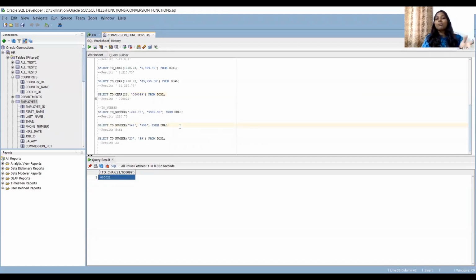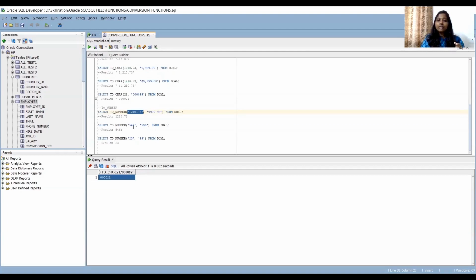And the next one is to_number functionality. Again, the same thing. What happens here? See, I have given inside the single quotes. Why? Because this is a string value and you're trying to make it into a number value of this format. Okay, so how we have seen the to_date format. You give something and you give the format of it, it will understand and so store it in the database. Same way here, some string value you're converting into number in this format, 9999.99. So after decimal point, 2 digits are acceptable.